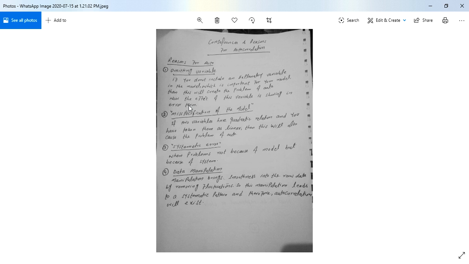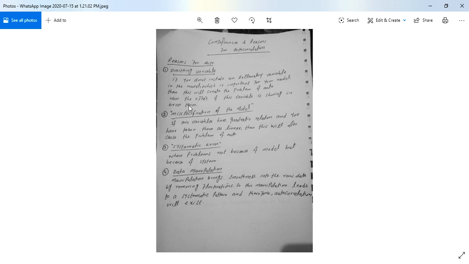So what does it mean? It means that in your model, let's say x3 is one of the most important variables, but you have not included x3 in your model. So the variation of x3 and the impact of x3 goes to the error term, as we all know that the effects of those variables which we have not included in our model show in the error term.